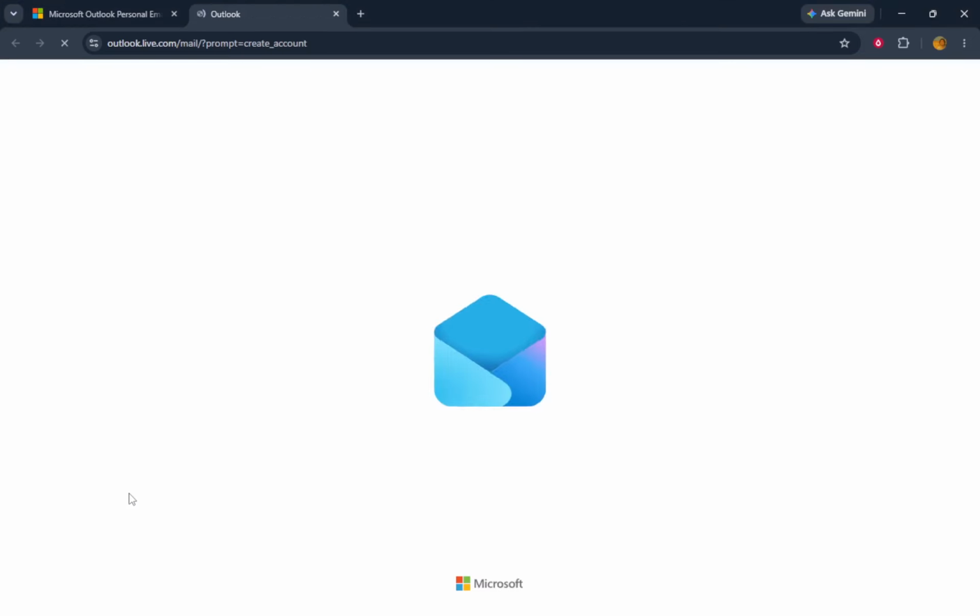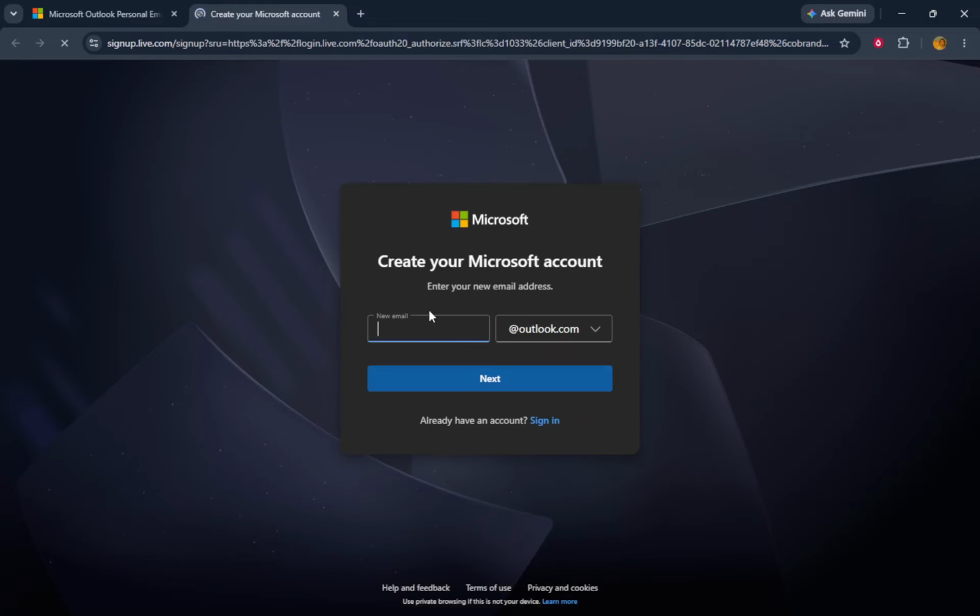Next, click Create Free Account. This button is prominently displayed and easy to locate. By clicking this, you signal that you want to start the process of creating a new email account. This is important because it directs you to the next steps where you will set up your new Outlook identity. The wording Create Free Account reassures you that there are no hidden fees, and it simplifies your journey toward establishing